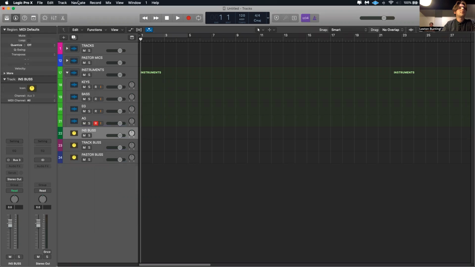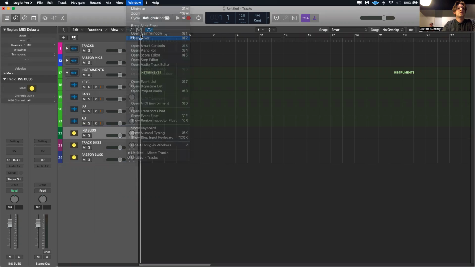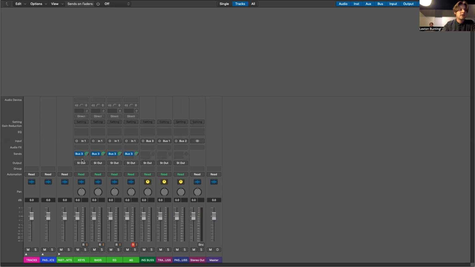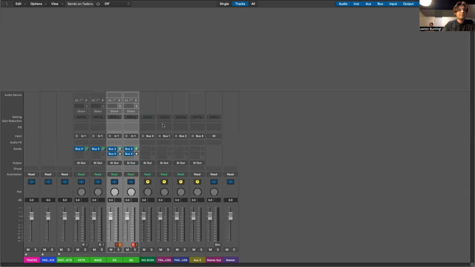Then what we're also going to do is we're going to go back to mixer, and I want a send for the instruments for reverb. So actually, I just want it on the electric guitar and the acoustic guitar. So we're going to highlight both of these, put a bus 4,